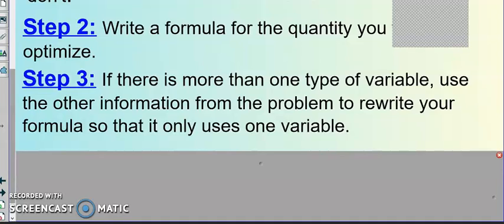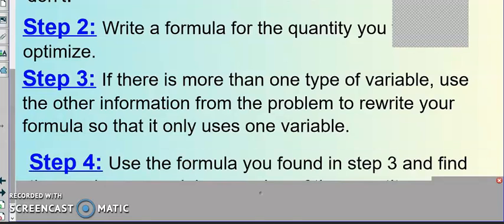So you cannot have x and y to solve out the problem. You have to have nothing but x's there. Or you can't have x and y's, you can have just y's there. So it's up to you with that part, but you have to have one variable when it comes to this step. Because that way we can go ahead and put it in the calculator, solve it out, and we can do